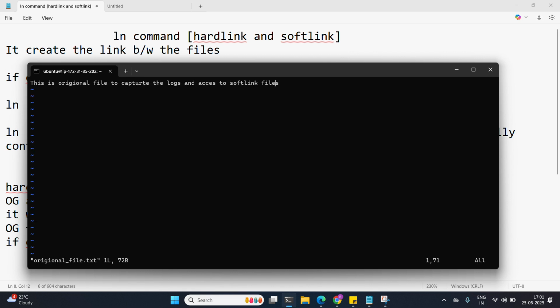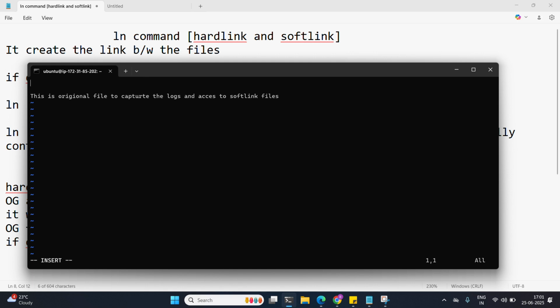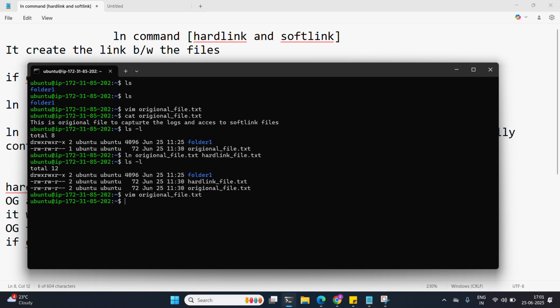Press I. Let us type something here: this is updated file to check hard link. Okay, this much is enough. Press escape, colon wq, come out. Okay, let us check what is there in our original file. It is updated. Now let us check what is there in our